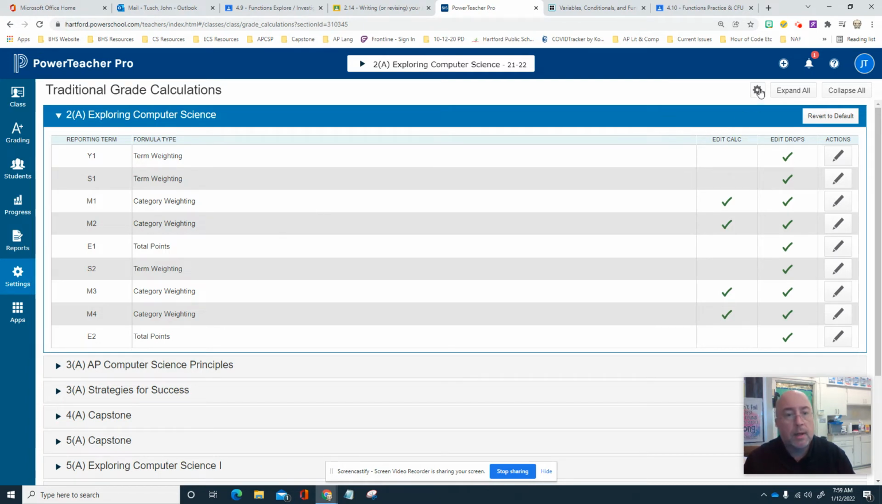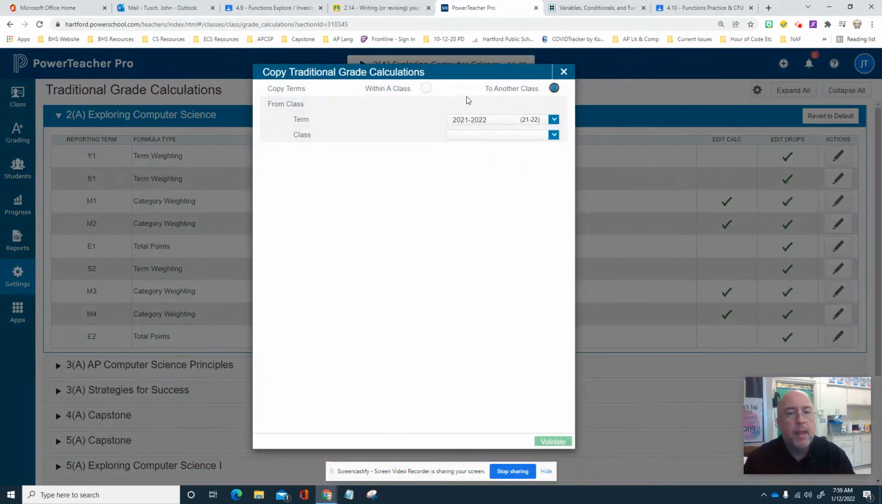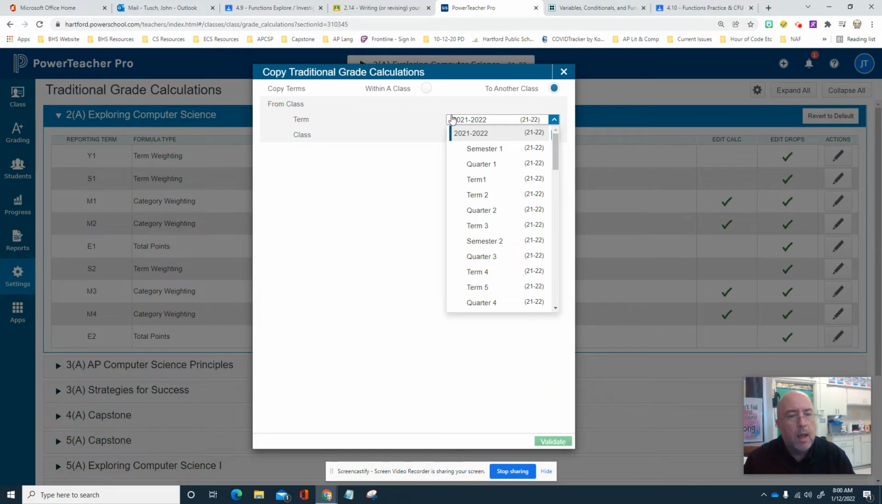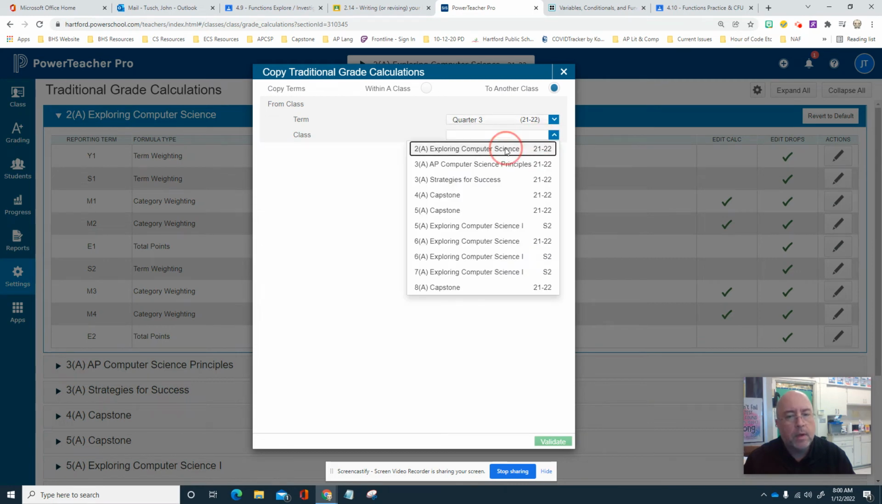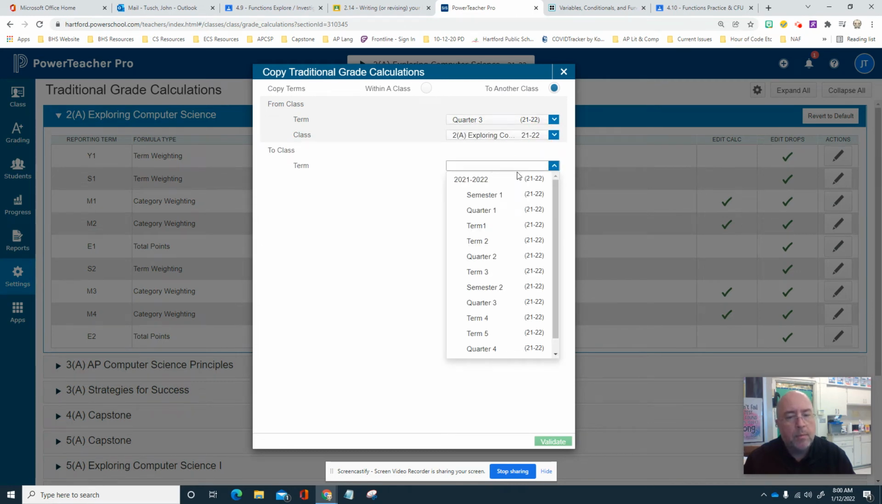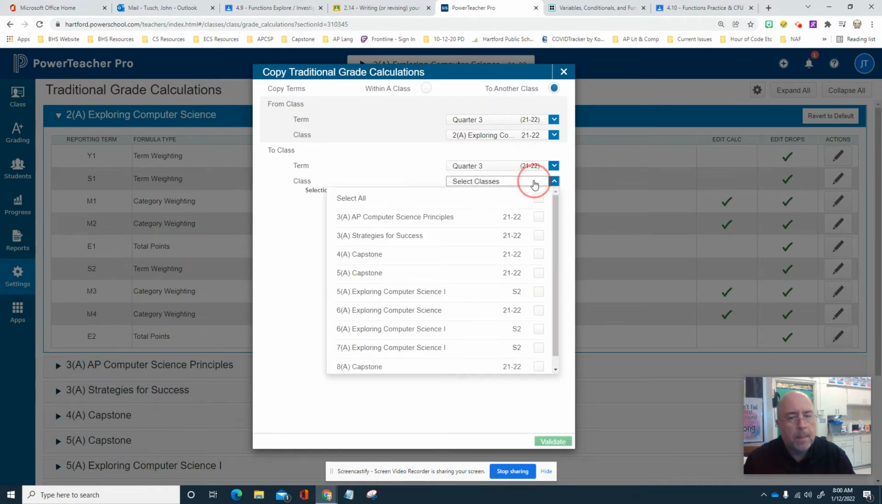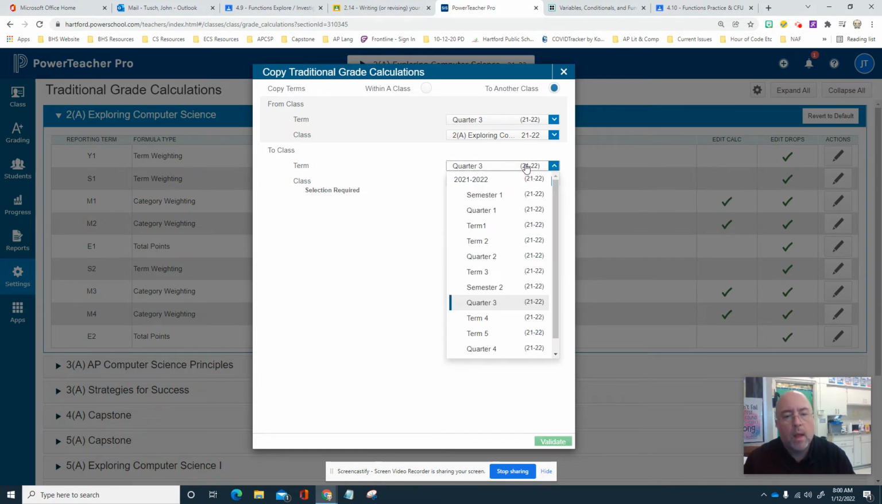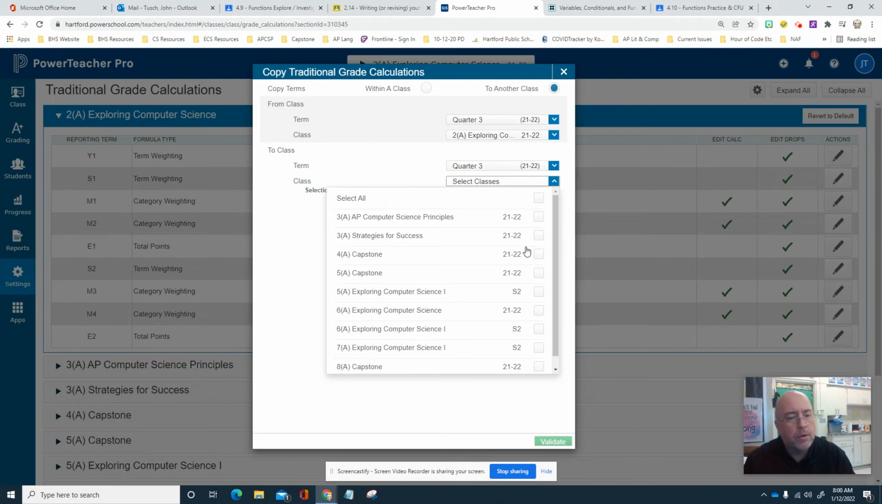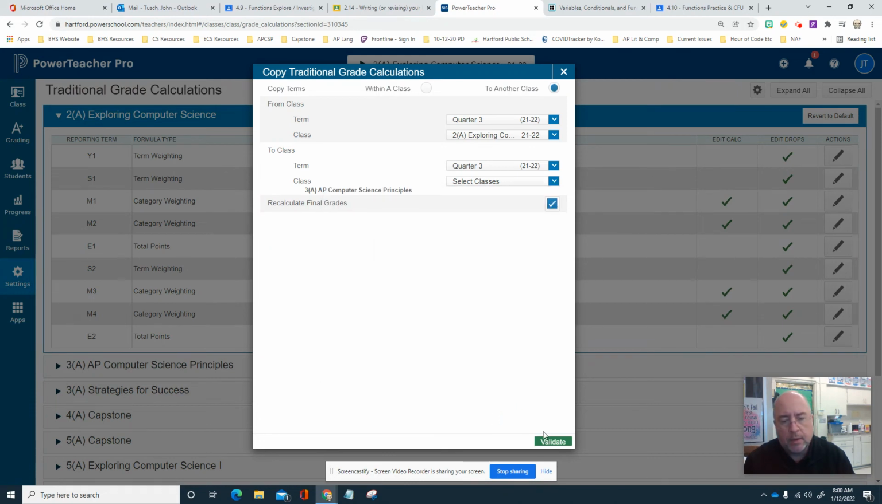And the last thing I'm going to do is I'm going to put this on M3 for my other classes. I'm going to copy traditional grade calculations, right? And I'm going to go to another class. I'm going to take term quarter 3, right? And I'm going to take the marking period, Exploring Computer Science, right? And then I'm going to put it into quarter 3. Actually, do it with the quarter 3, right? There we go. And then I'm going to put it into my AP Computer Science Principles, for example. Put it in some of the others. When I click validate,